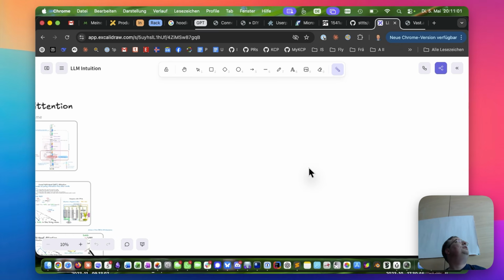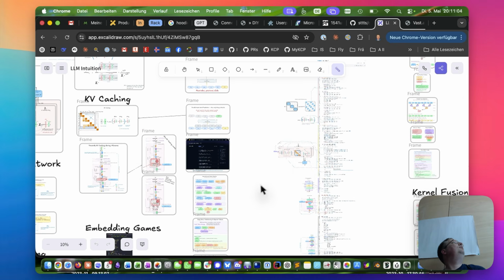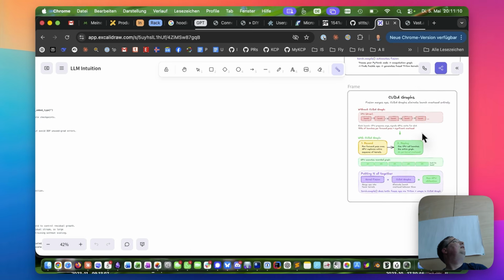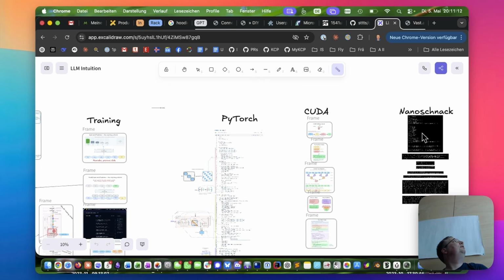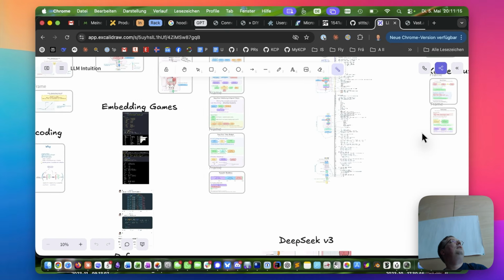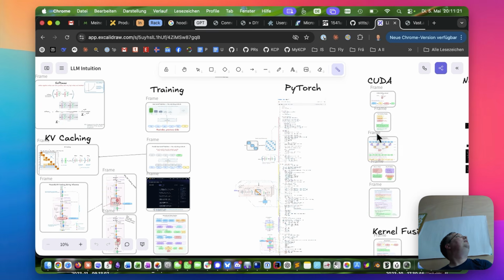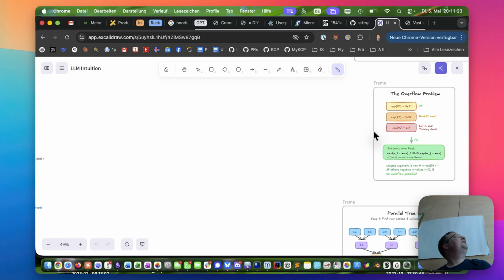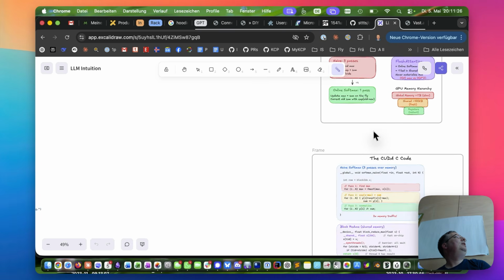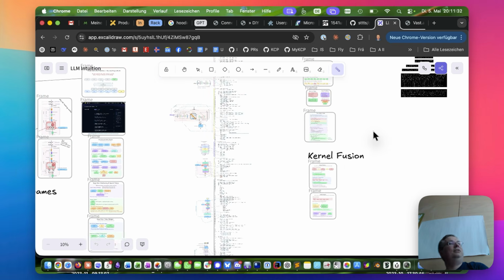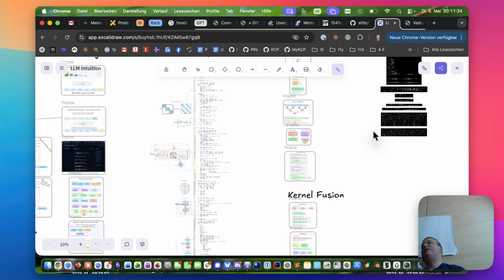And just for intuition about sizes, I hope I find that. Somewhere I have numbers. I'm not sure where it is. I think 60% or something is in the neural networks. I don't see it. It's somewhere here. Hard to see. So 60% or something is in the neural network, and 30% is attention,